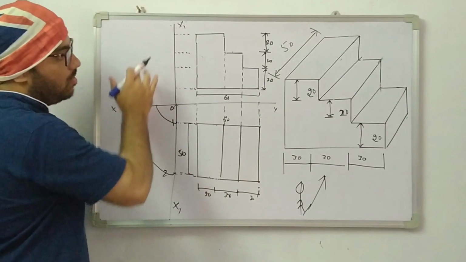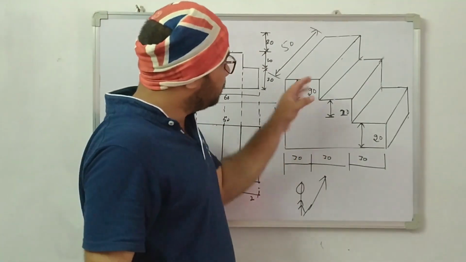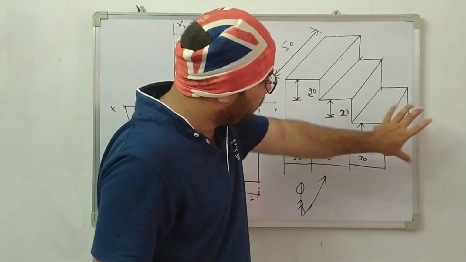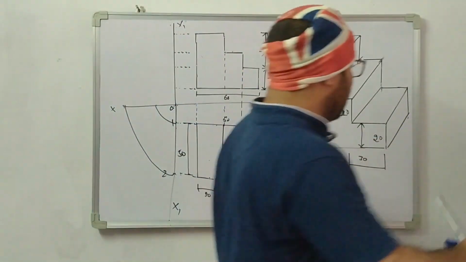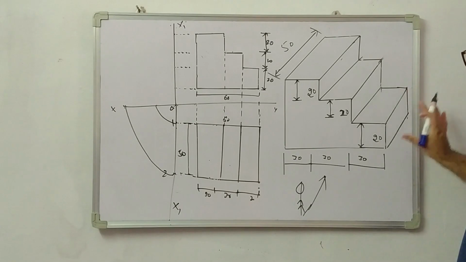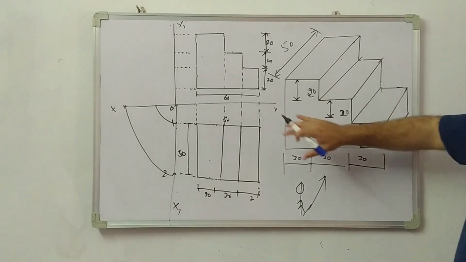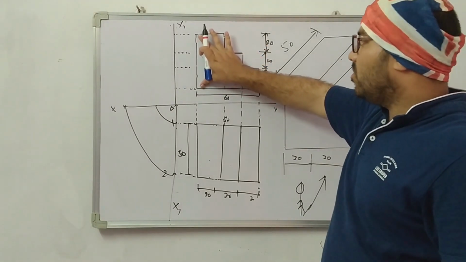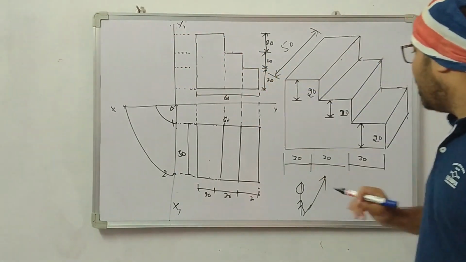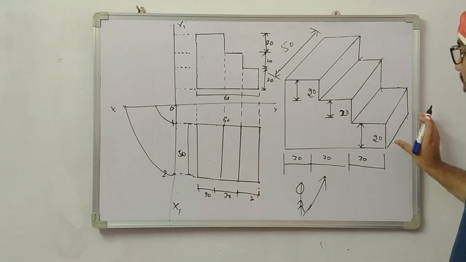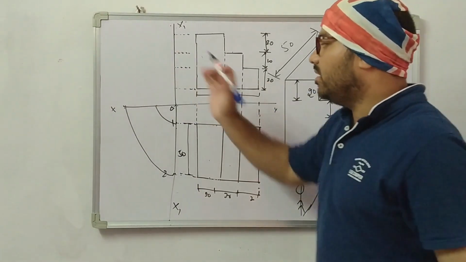In the side view, what are we going to see? In the side view, we are going to see the width. Whatever the width is there, the width is 50 and the height. The total height is how much here? 60. So height is visible, 60 is visible. This 60 we are matching here, and this is a side view. The side view is how much? 50. So 50 is getting here.